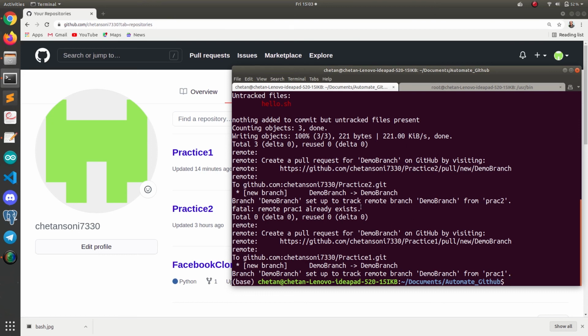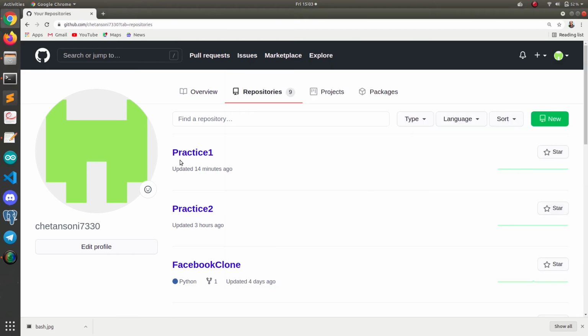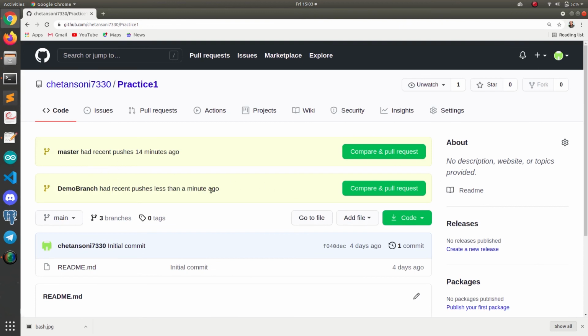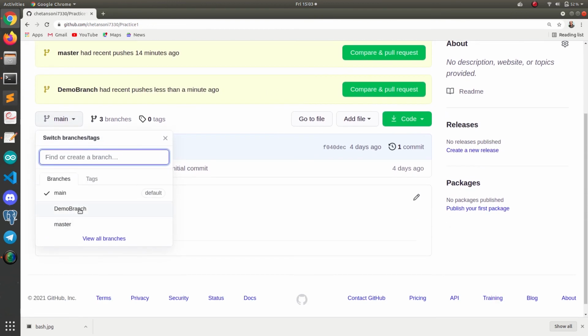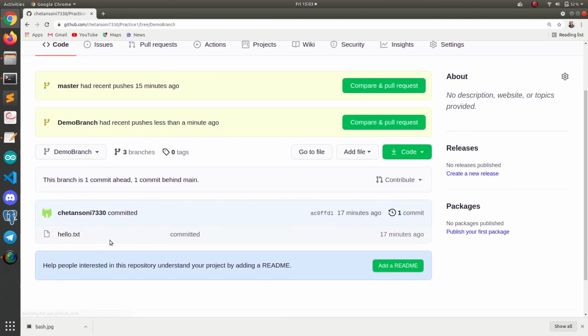So the hello.txt is transmitted to both repositories. Now let me refresh this and show you. First I'm going to open practice1. You can see that the demo branch was pushed less than a minute ago. So the demo branch was created automatically, and inside that we got this hello.txt file.